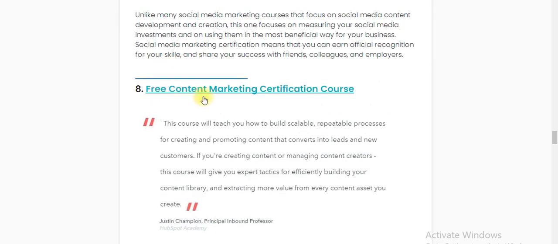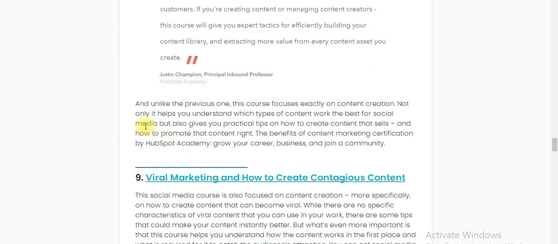Number 8, free content marketing certification course. This course teaches how to build a scalable, reproducible process. The free course from HubSpot not only helps you understand which types of content work on social media but also provides tips on how to create content that sells and how to promote that content right.